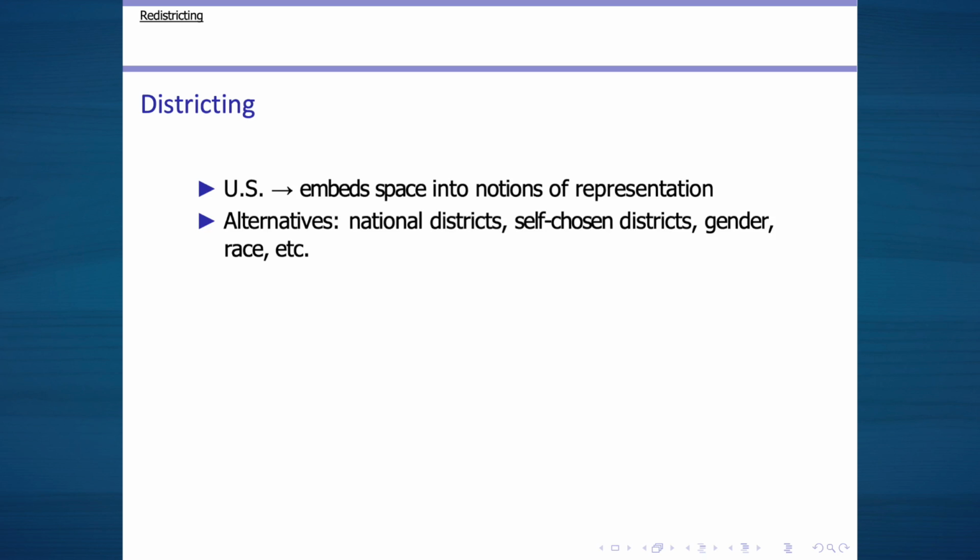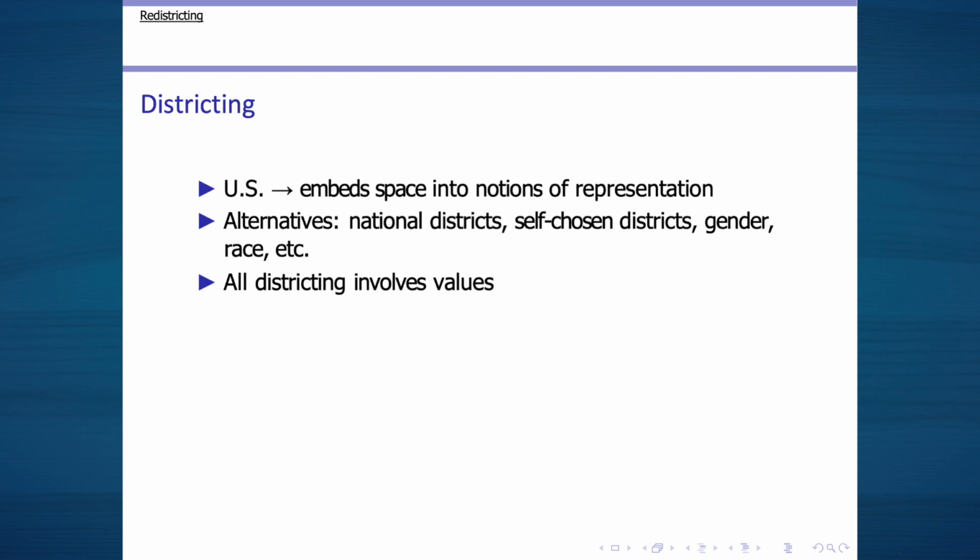So for instance, India has quotas for election by gender and by caste. So you can think about alternative systems of representation beyond simply representing people by virtue of where they live. All districting involves values and often a trade-off between values. And I think that even if every person in the room could agree that partisan gerrymandering as it's functioning right now is inappropriate, the challenge comes, and indeed the most recent Supreme Court case to consider partisan redistricting, to some